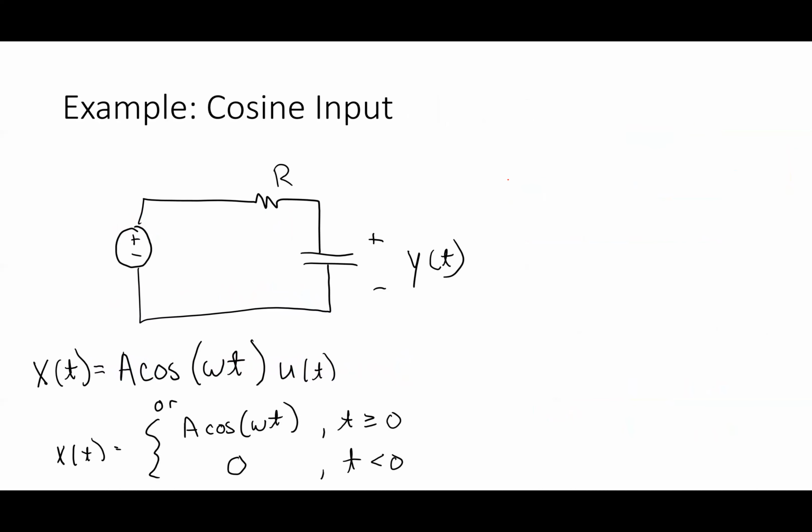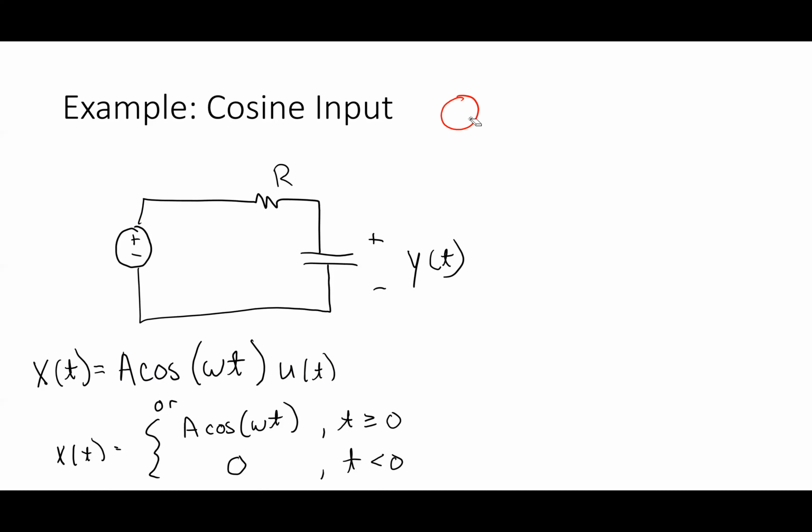All right, so what I want to do is solve if I've got a cosine input here. And I want to say what happens in this particular circuit when I have that scenario, okay? All right, and we should know that there's going to be two pieces to this thing. So we wrote out before that this guy has